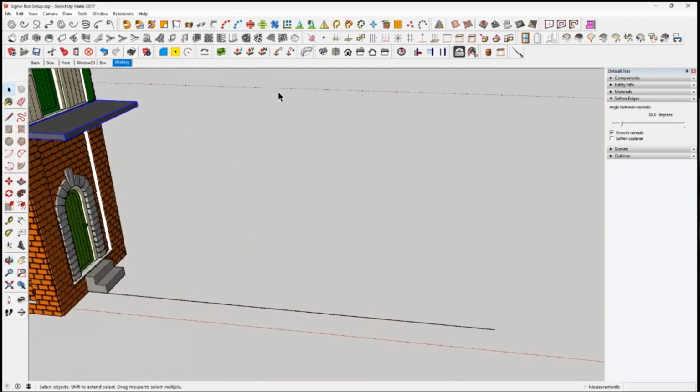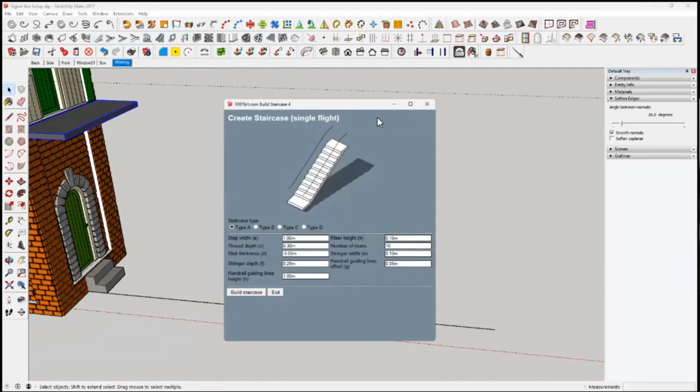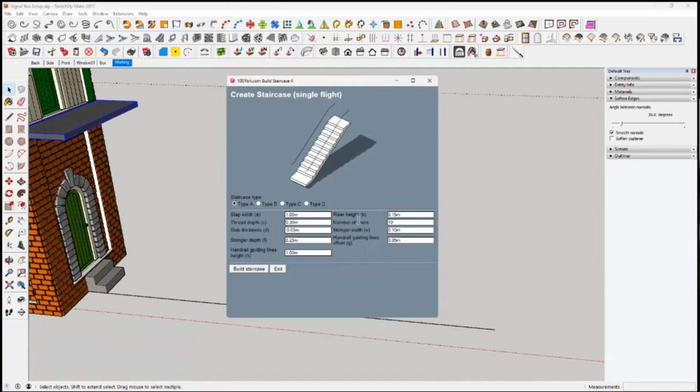We'll go to our plugin, which is staircases. It's in the 1001 bit, and it's the first one. Build a single flight straight staircase, 3 different profiles. So we'll click on that, and then we'll get this one up here. Type A,